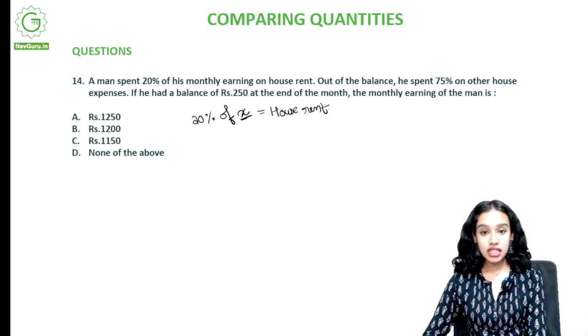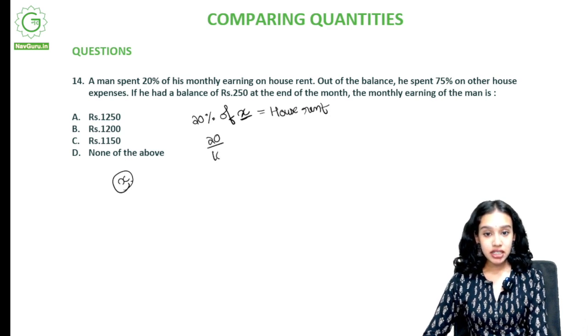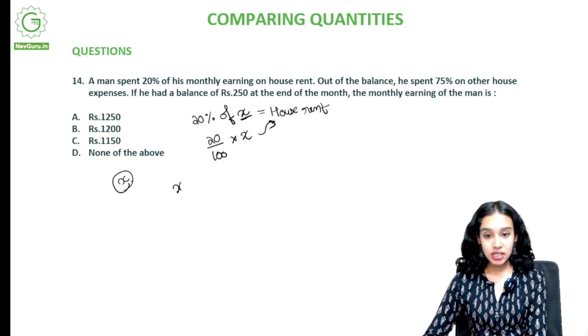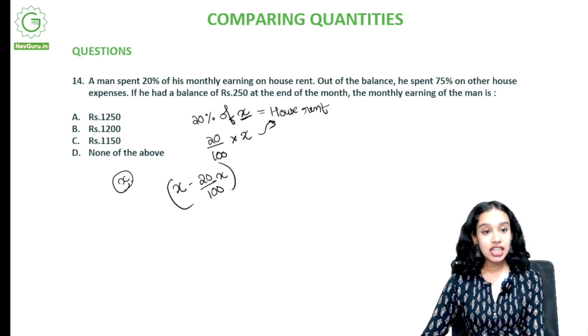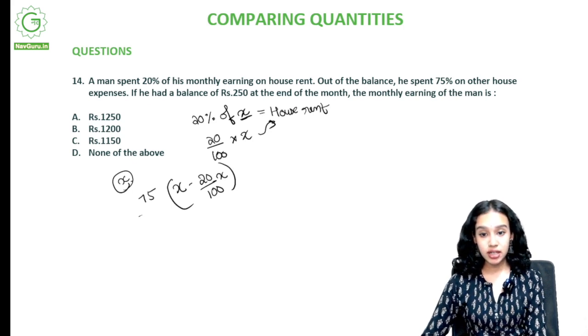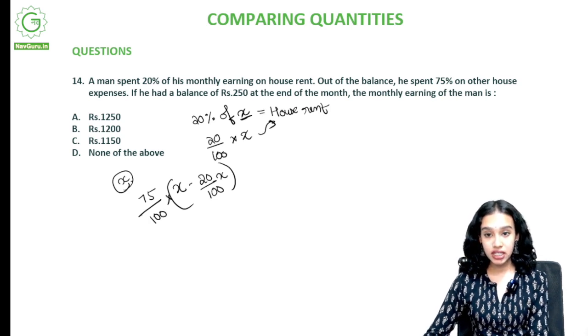So let's see, if X is the total income of the man, basically 20 by 100 into X goes as house rent. Now out of the balance, that is X minus 20 by 100 into X, this is the balance amount, right? Out of this, he spends 75% on other household expenses. That is 75 by 100 of X minus 20X by 100 is spent as other expense,